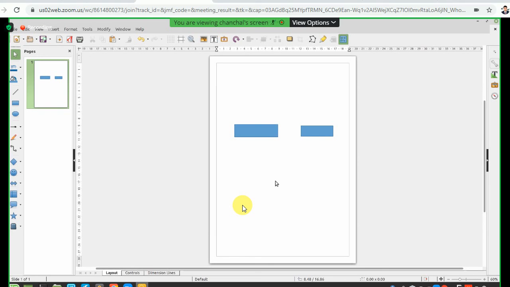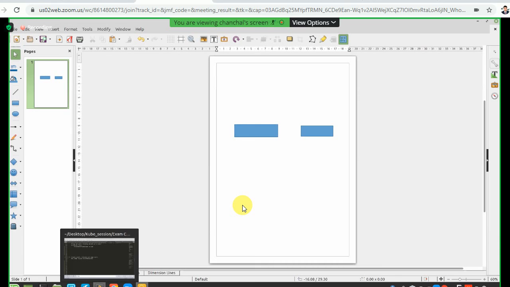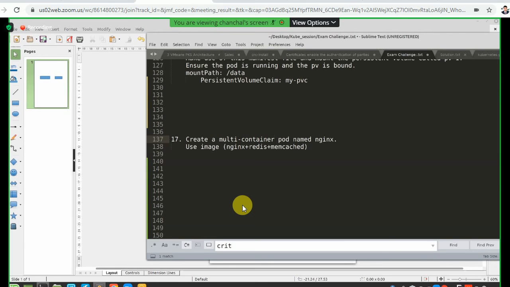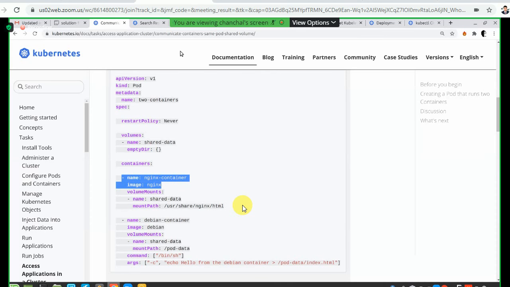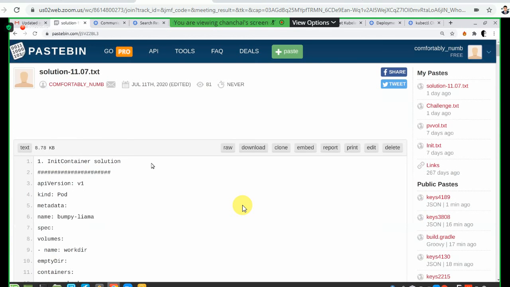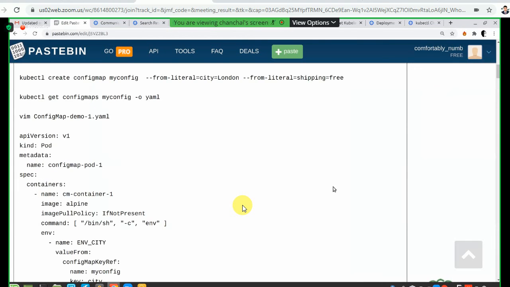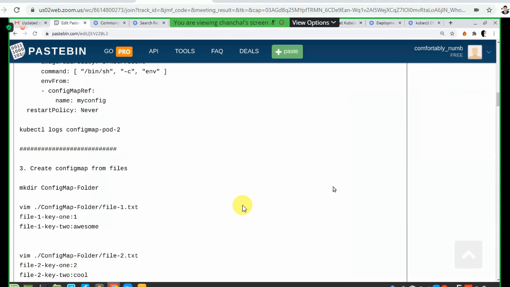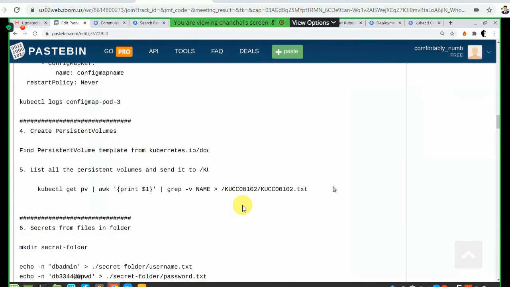Okay. So I think I have updated the solution page already up to the latest one. This is the edit solution page, and the last line of the solution page, which one we have done right now, is the multi-pod container, isn't it?